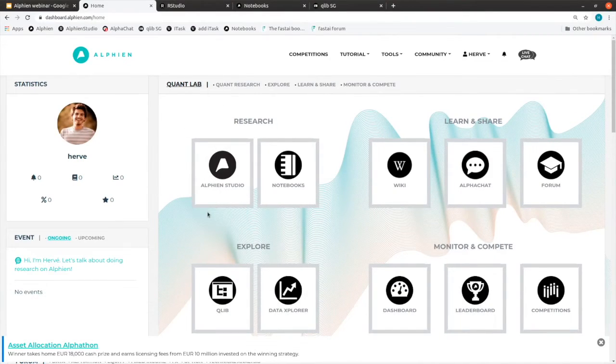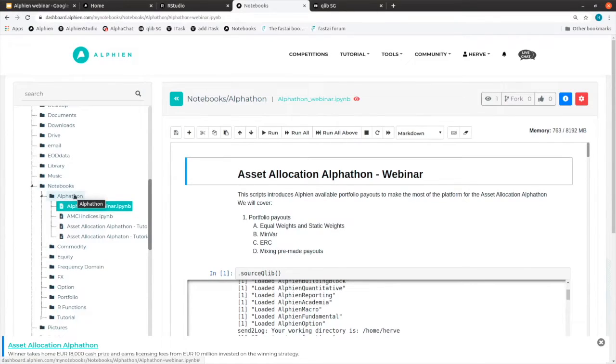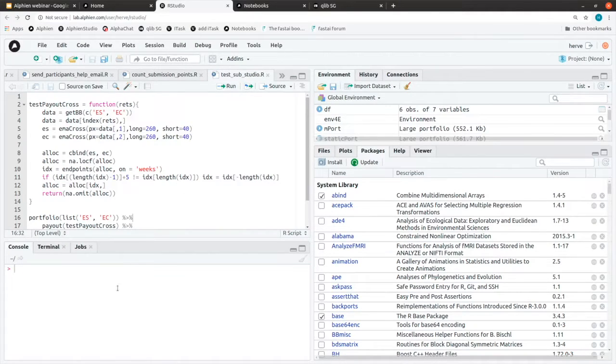So I'm just going to start showing this familiar landing page of your Alphien environment. For this tutorial, I'm going to use in priority Alphien Studio, but you can find the support notebook here on the notebooks under Notebooks, Alphien, and Alphien Webinar. So this will be available to you at the moment. It is actually. You can follow from there, or like me, just go directly to your Alphien Studio, and you